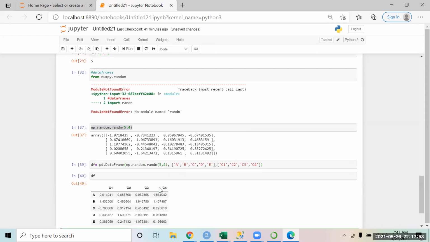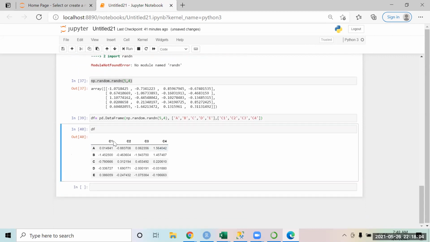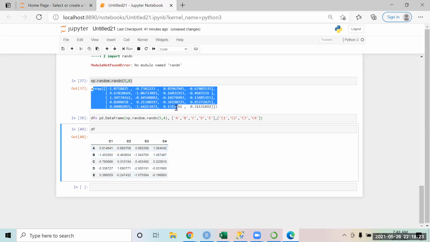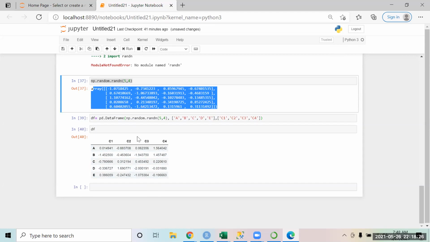Okay. Now I'll show you something. In the output you're getting over here, I have proper column names and row names, right? I have 4 columns of data and 5 rows. I was trying to create a data frame, which is 2-dimensional. It looks exactly like a table, like a table in SQL or data in an Excel sheet. It's a proper data structure that I have generated.